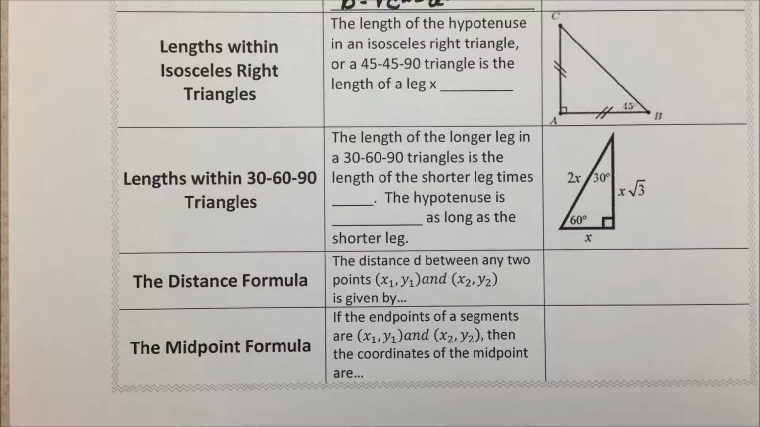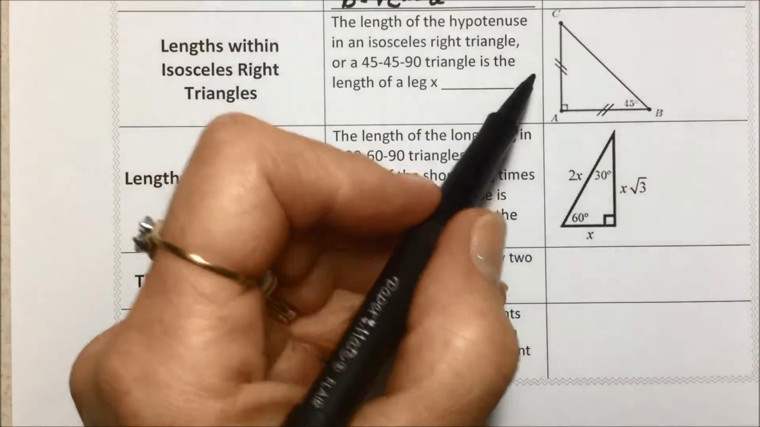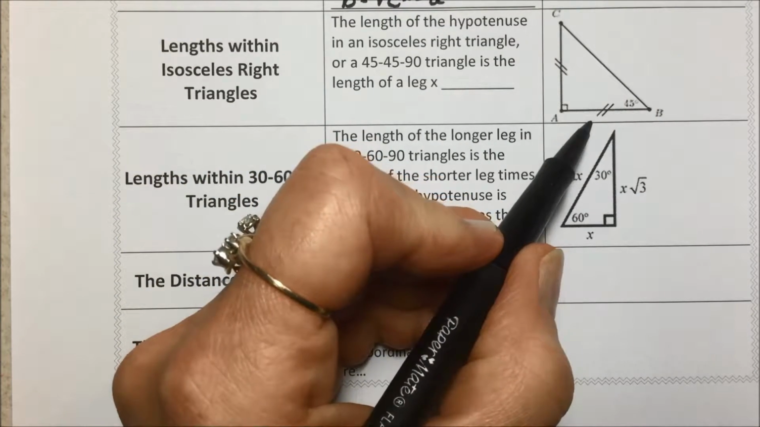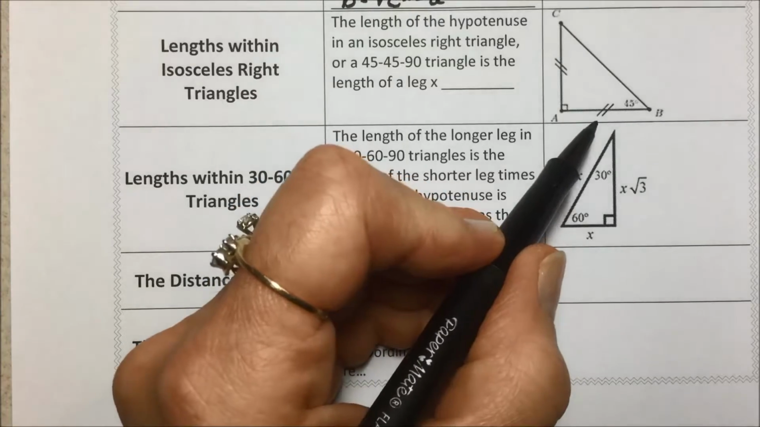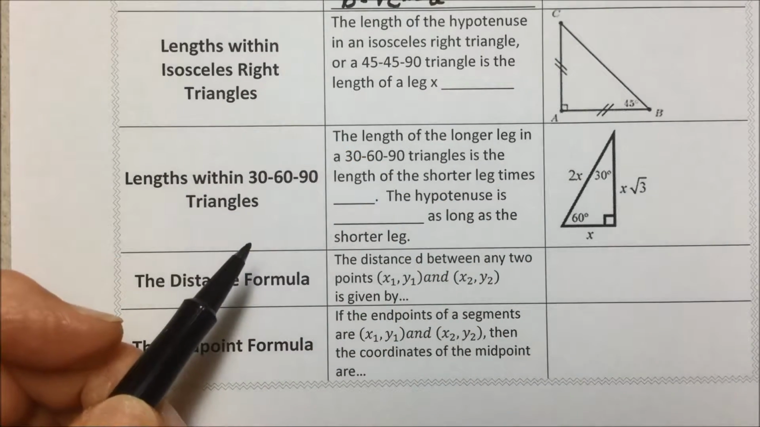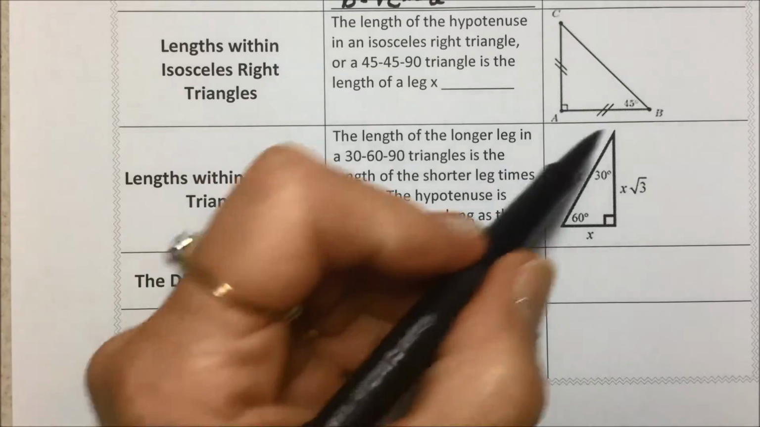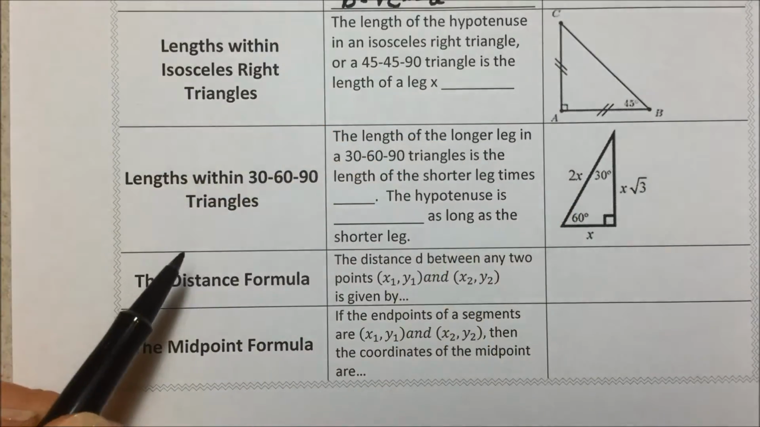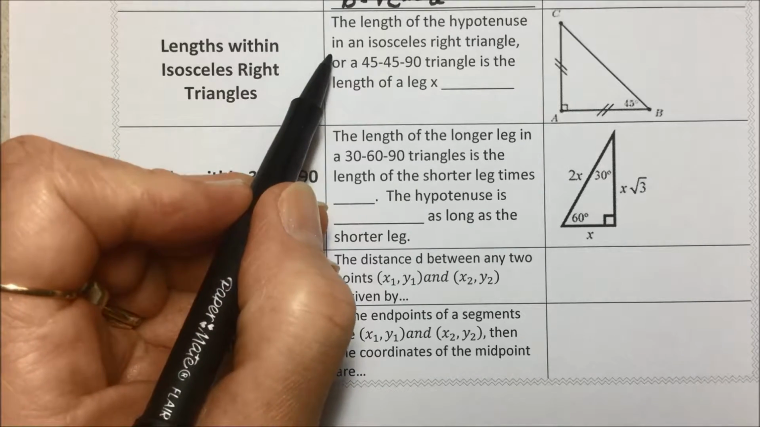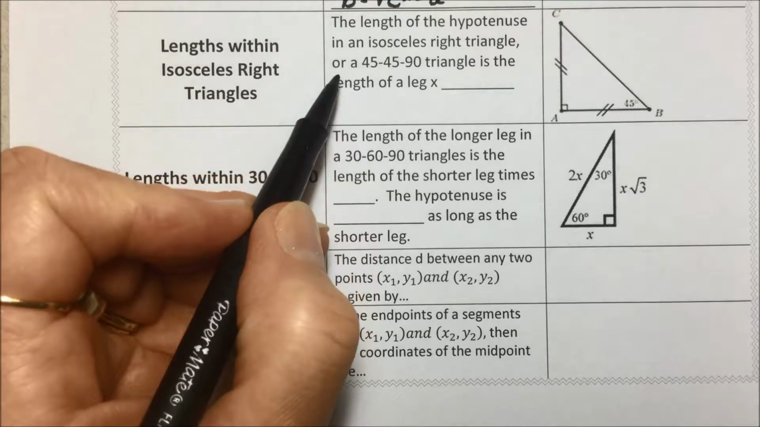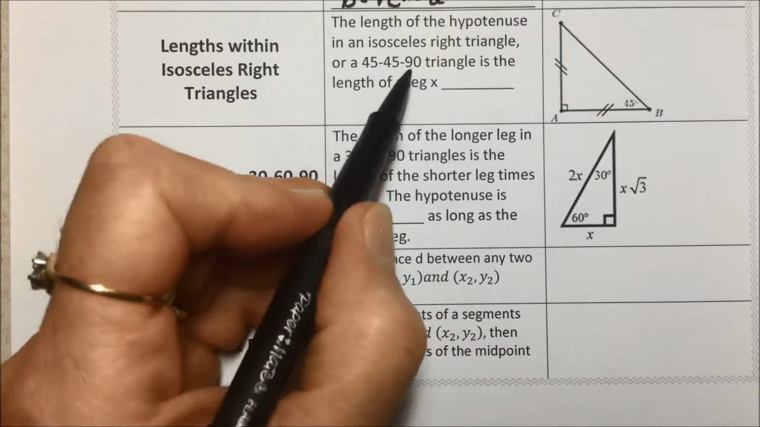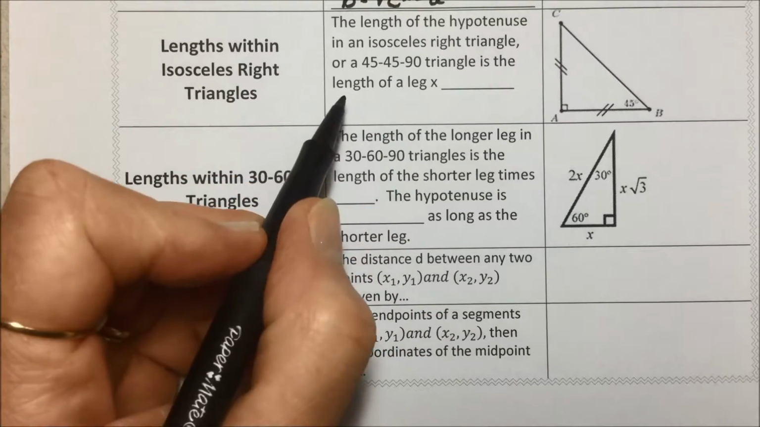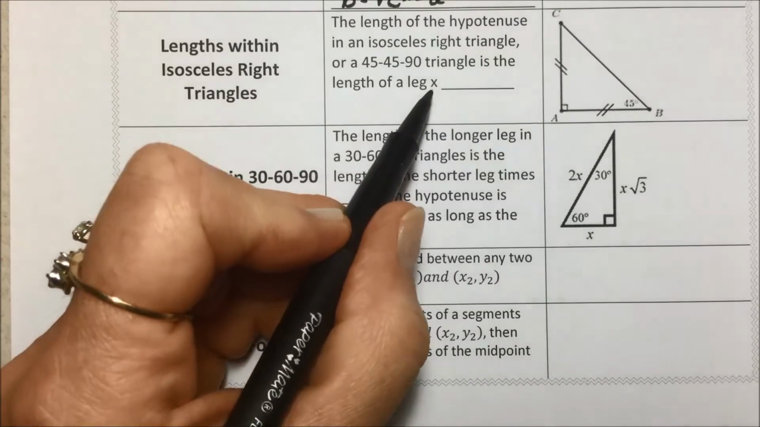Intermediate Algebra, Section 7.7, two special triangles. When both legs of a right triangle are the same size as shown, we call the triangle an isosceles right triangle, or a 45-45-90-degree triangle. The length of the hypotenuse in an isosceles right triangle, or the 45-45-90-degree triangle, is the length of the leg